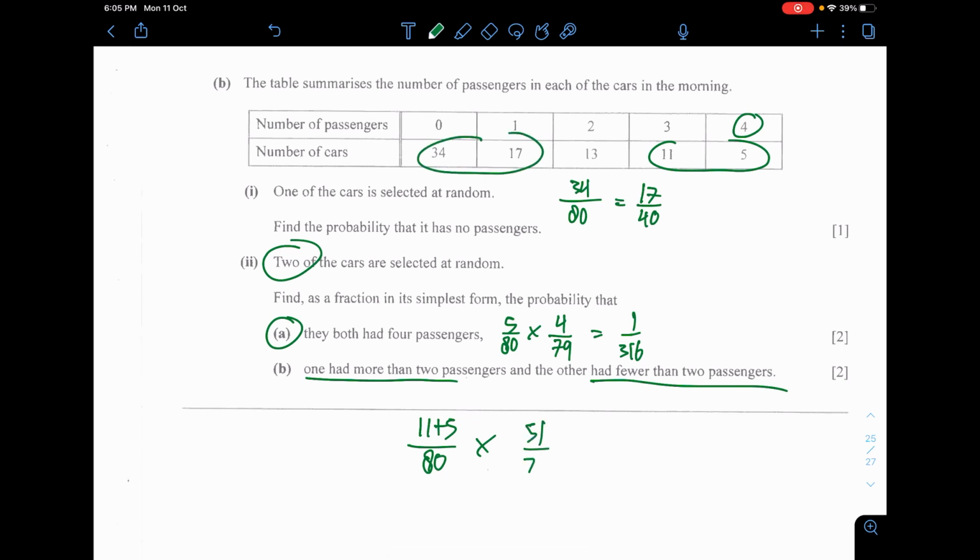Again, multiply over 79. Now this one here should be distinguishable. Whether this car or that car is totally different, the number of passengers inside it differs. So you have to multiply this by 2. This one is a must. For the previous part, maybe we shouldn't overthink it. The cars are pretty much considered to be the same car.